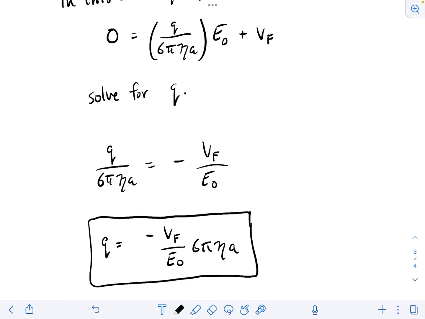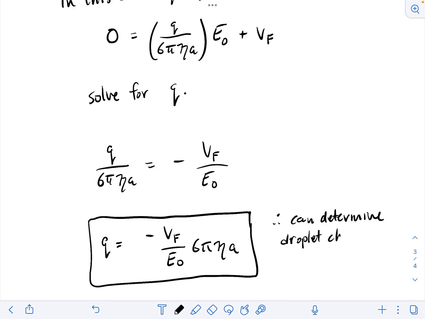The electric field E naught is something we control. We adjust our voltage until the droplet levitates. We take that voltage, divide it by the distance between our two plates, and that's our electric field. 6 pi is obviously just a constant, and eta is the viscosity of air. That's something we could look up. And so we know all these quantities, and therefore we can determine the droplet charge